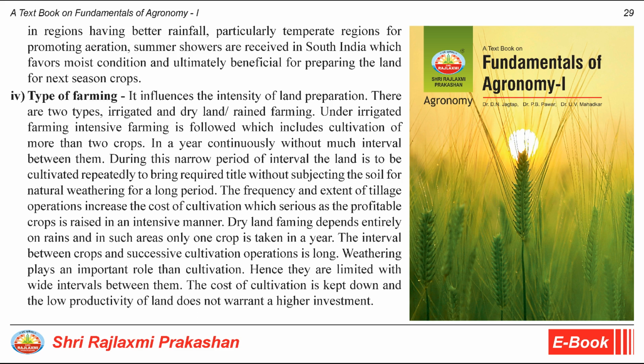There are two types: irrigated and dry land rain-fed farming. Under irrigated farming, intensive farming is followed, which includes cultivation of more than two crops in a year continuously without much interval between them. During this narrow period of interval, the land is to be cultivated repeatedly to bring the required tilth without subjecting the soil to natural weathering for a long period. The frequency and extent of tillage operations increase the cost of cultivation,